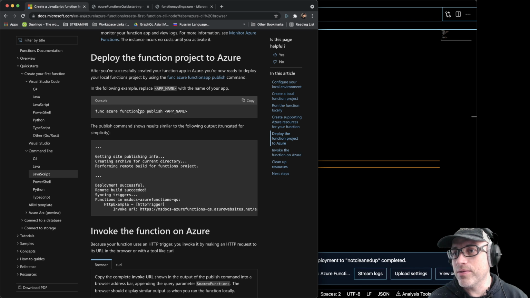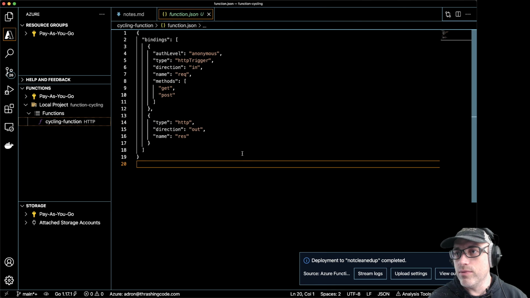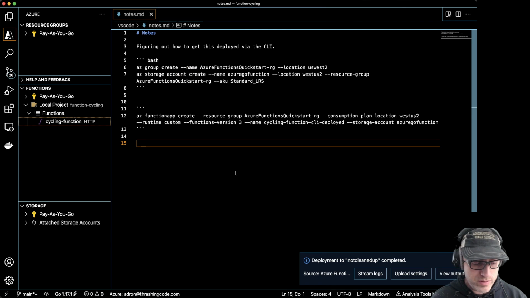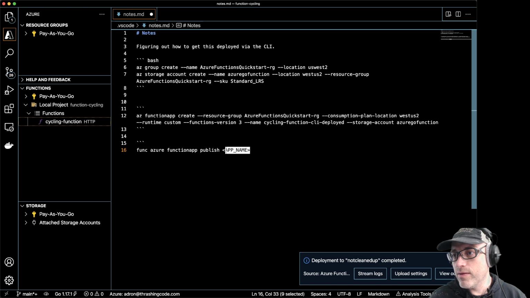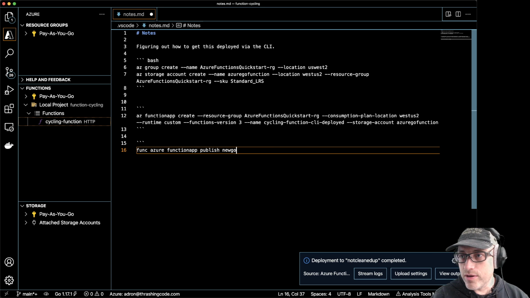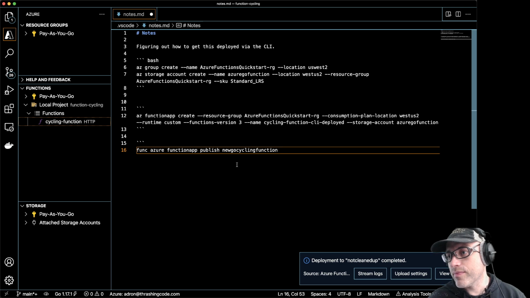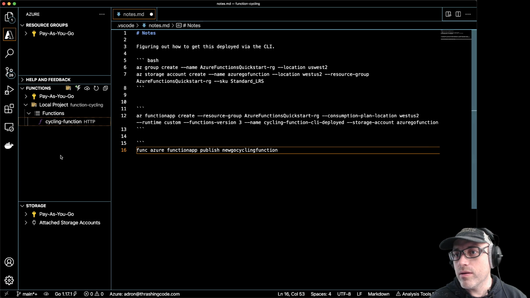Wait a second. So after you've successfully created the function app in Azure, you're now ready to deploy your local functions project by using the func Azure function app publish command. In the following example, replace app name with the name of your app. Well, right, and we probably need to do a couple other things too. Like we'll need to do this, but we'll do this new go cycling function. But also